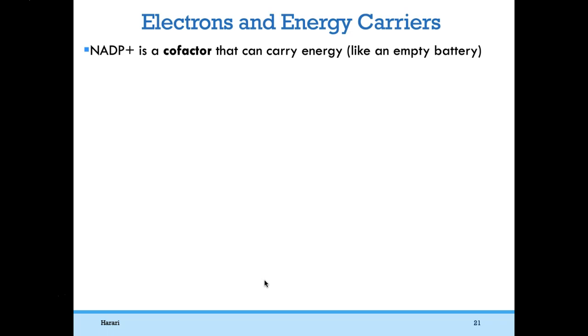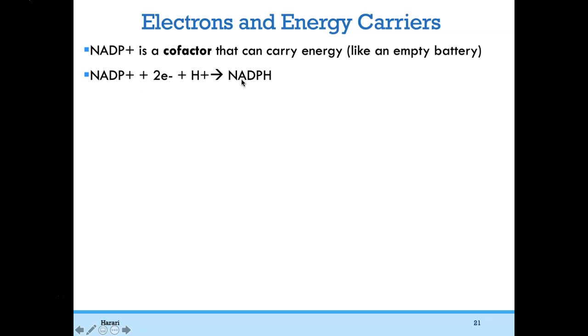So we have what are called energy carriers. NADP plus is a cofactor that can carry energy. Think of it as an empty battery almost. Remember, a cofactor is a molecule that allows an enzyme to work. So NADP plus can accept these unstable high energy electrons and hold on to them. And when it gets those two high energy electrons,